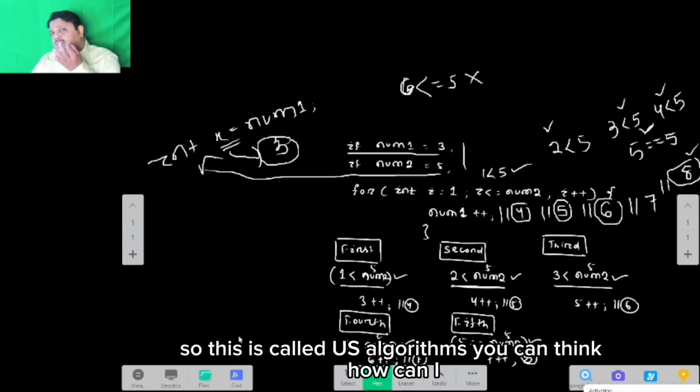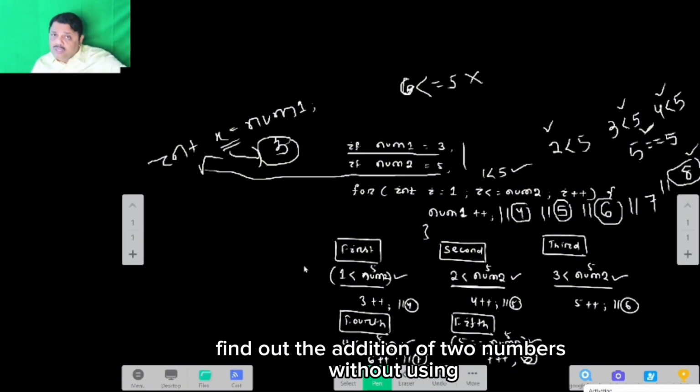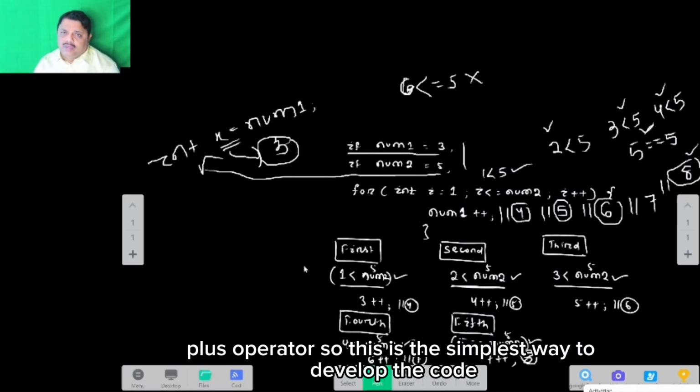So this is called an algorithm. You can think about how you can find the addition of two numbers without using the plus operator. So this is the simplest way to develop the